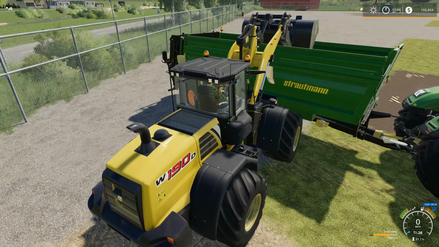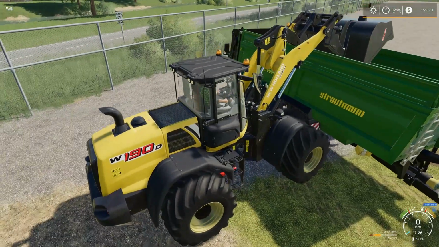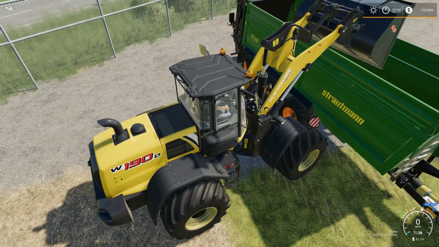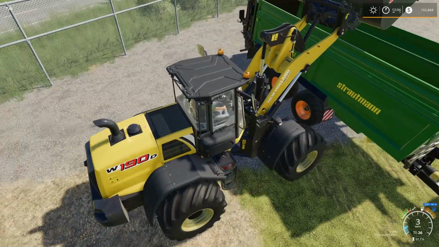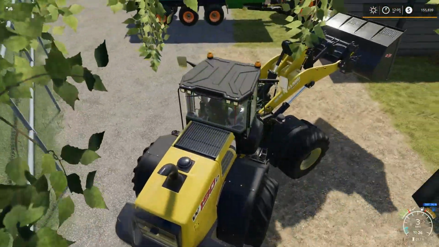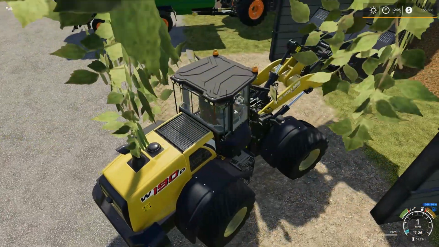Let's go ahead and dump that out. This takes about 3 buckets. And I keep saying I need to go in the XML file, this modded bucket, and just make it dispense a little bit quicker. Maybe double the rate would be nice. I don't need it to unload in like a millisecond, but...